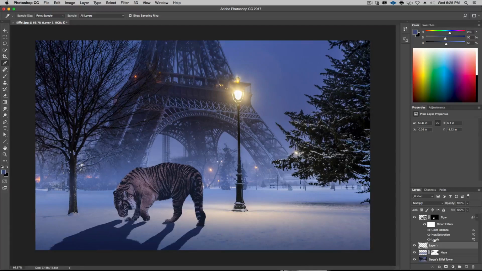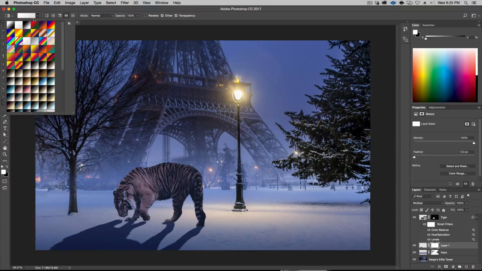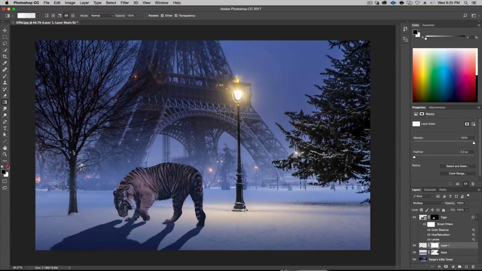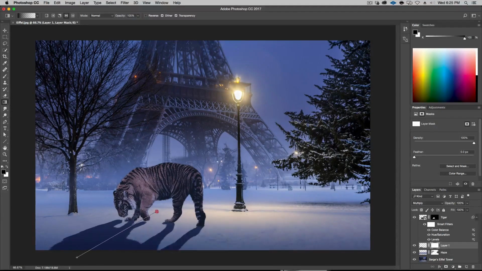Now it's all one color, but let's put a mask on it and hit gradient, and I want to mask out so that's black in front, and so it's black to transparent. And I just click and drag, whoops, undo that, click and drag in this direction.